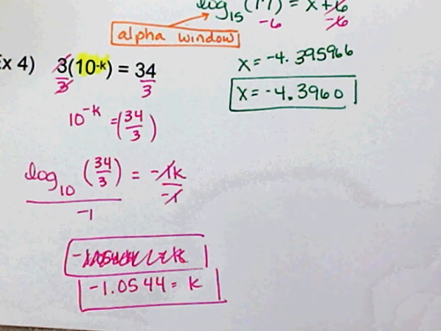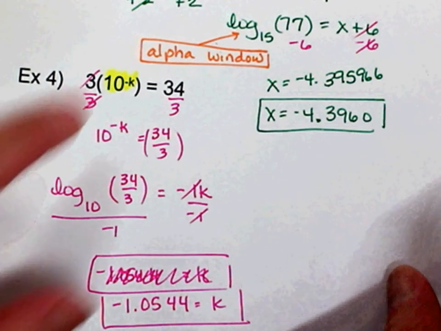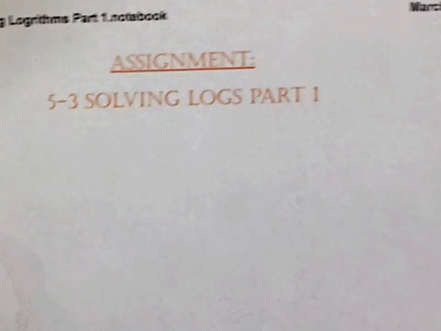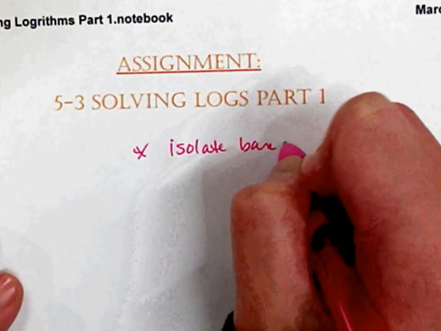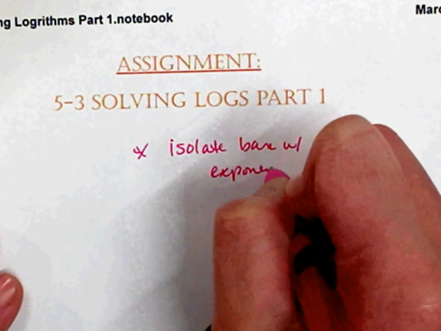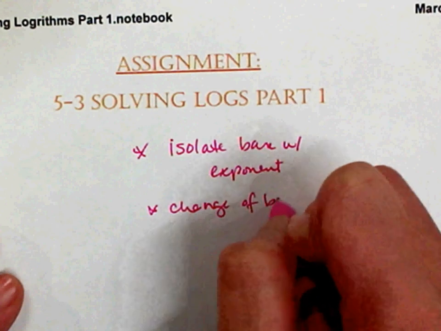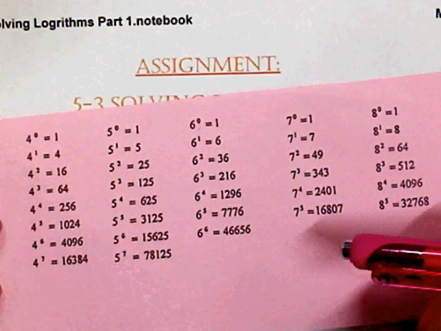This is only part 1. Make sure you know this and know this very well. Solving is 50% of the test. All right. So make sure you isolate your base with your exponent first. Okay. So there's your assignment. Okay, keep in mind, isolate base with exponent before you rewrite it, and you can also use change of base using this paper right here. And I will upload this paper into Google Classroom. Thank you. Miss